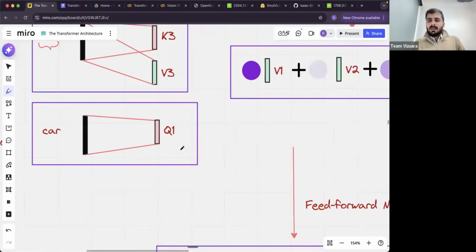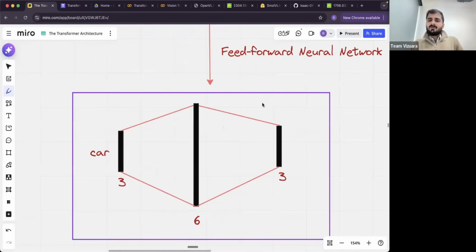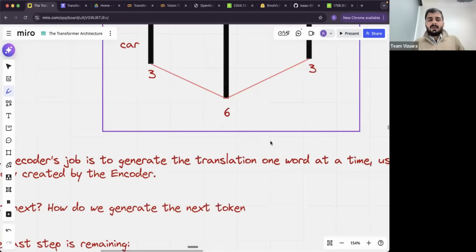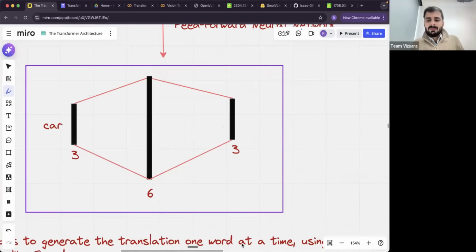this is great. And then after this, again, we have the exact same step, which is that of the feed forward neural network. We project it up and we project it down. And then we get a context vector at the end of it. Okay, so